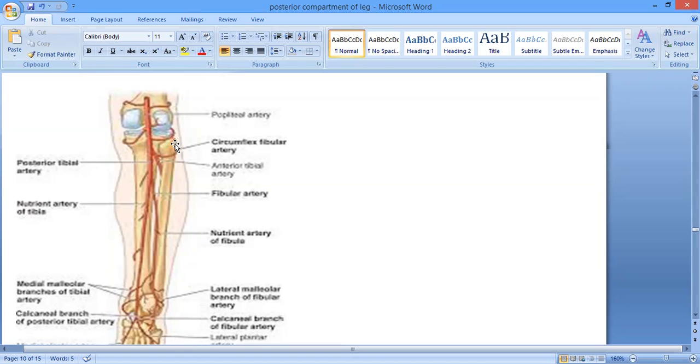The second artery given by this posterior tibial artery is this deep branch. This is called the peroneal artery or the fibular artery. And this peroneal artery is the largest branch of the posterior tibial artery, and it is going to supply the posterior and the lateral compartment of the muscles of the leg. It supplies the posterior compartment of the leg, and also it gives branches to the muscles of the lateral compartment by its perforating branch. Okay, you have read about this before. Well, we will talk about it again.